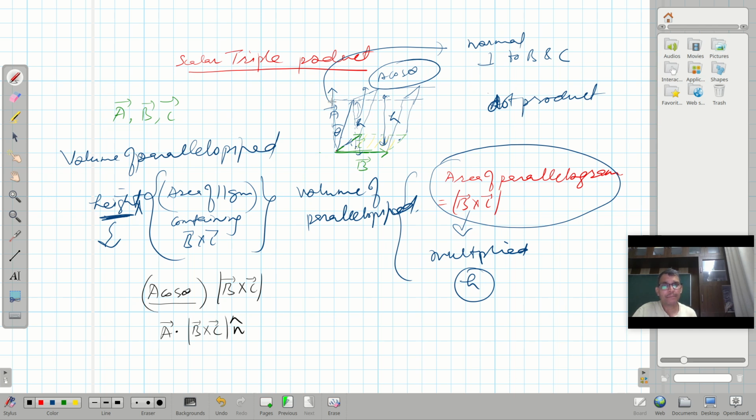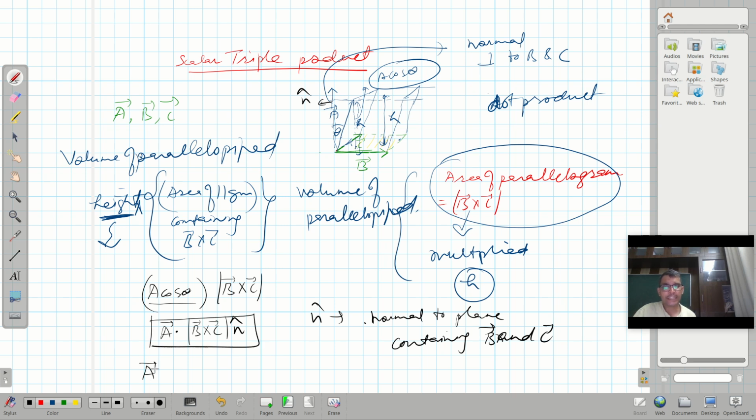This is n cap, right? What is n cap? N cap is the normal to the plane containing B and C, right? So in other words, I can say that A dot B cross C is known